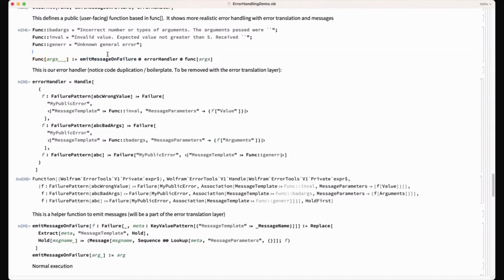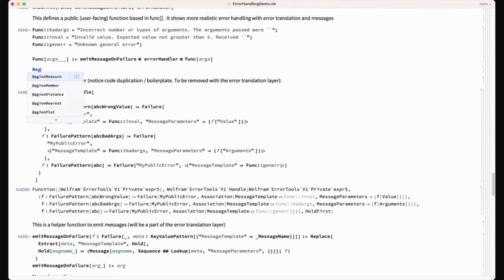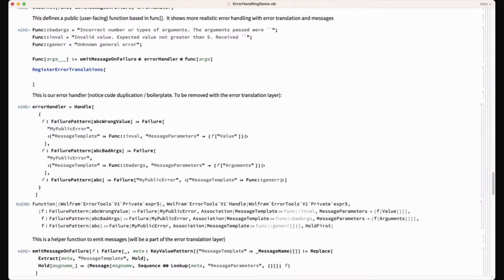So the error translation layer, I'm somewhat unprepared to show it today, but basically you will do something like this. Register error translation. I don't understand why some things are create error type and the other is register. I mean, well, whatever. Go on. I can somewhat explain why. There is no direct relation between types and public functions which want to catch errors. So one and the same error type can be caught by several different public functions, and they will all work differently. So in that sense, we want to register a translation.